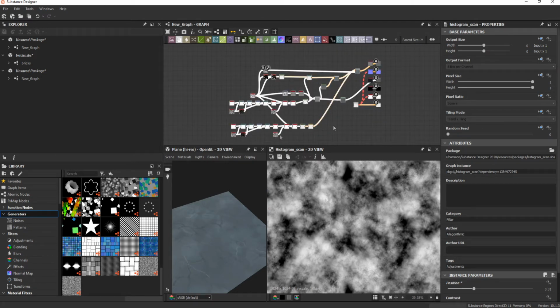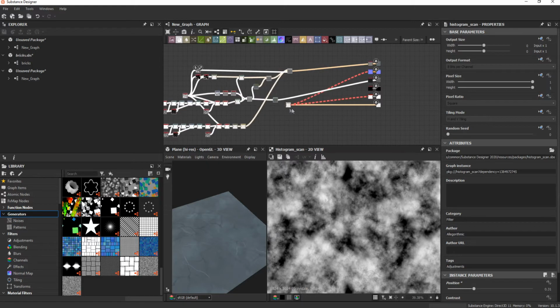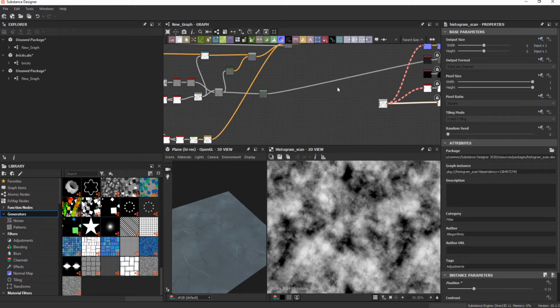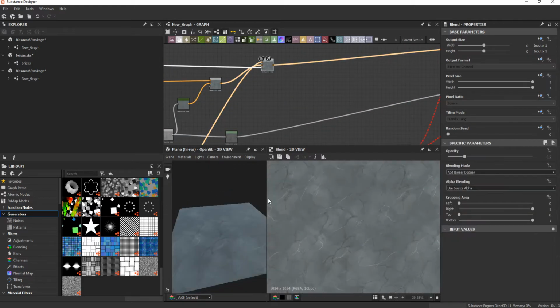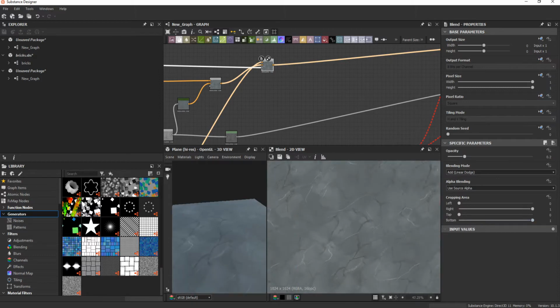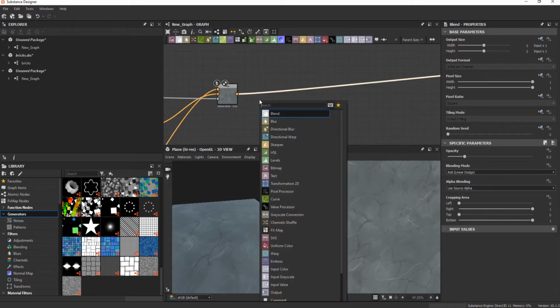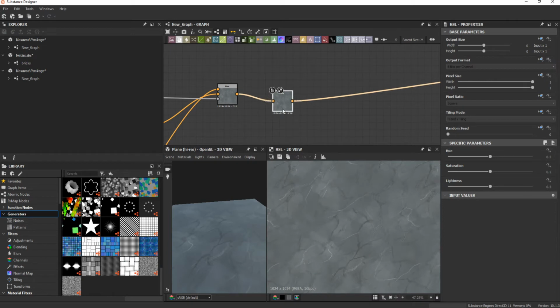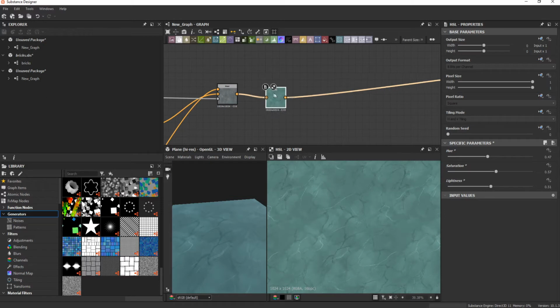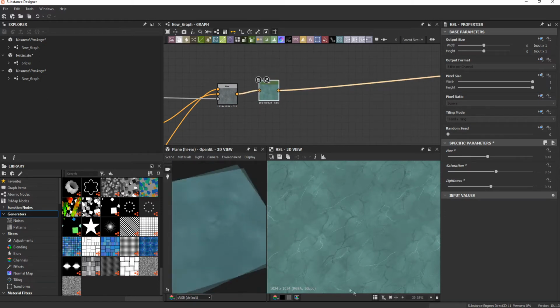Let me select these two. Make some changes on